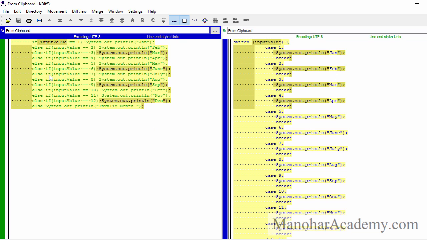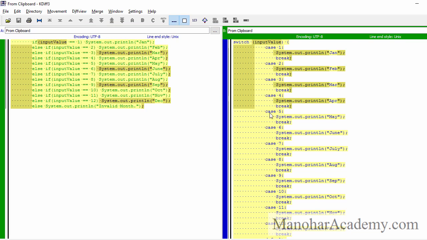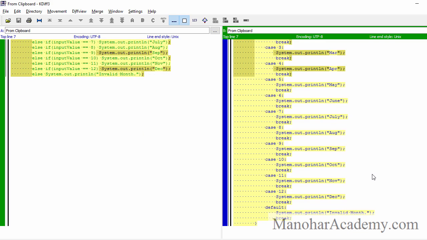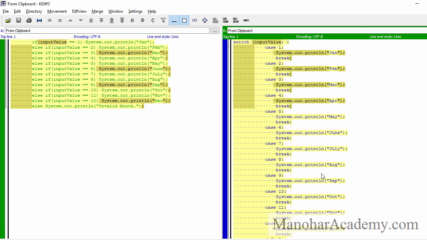So reading like if else is not readable. The switch statement is more readable compared to an if else sequence. So that is the reason switch statement is preferred. Whenever you are checking an input value against some particular constants, then switch is preferable because of the readability.